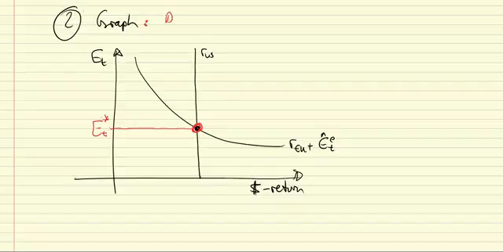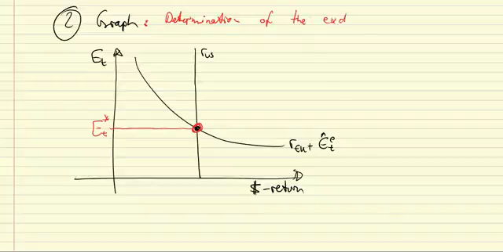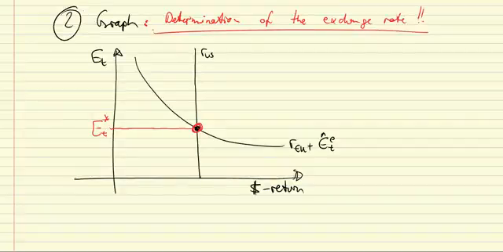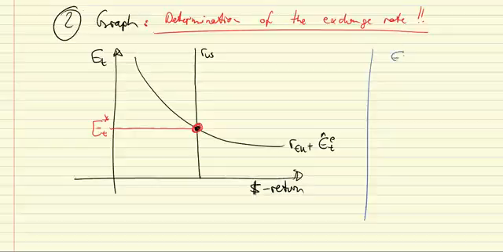exchange rate. So the whole exercise to consider the no arbitrage condition and UIP ultimately gives us the determination of the exchange rate. And let's just make this perfectly clear here. That happens